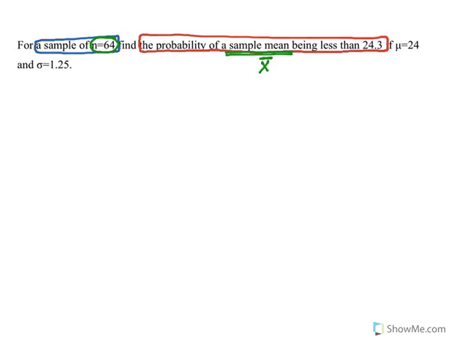So what you are given is that the mean of the population is 24 and the standard deviation is 1.25. So what you need to do now is to find the probability, that's the question, that X bar, the sample mean, is less than 24.3. And since the sample size is bigger than or equal to 30, it's much bigger than 30, so we can use the Z table for this by changing it to